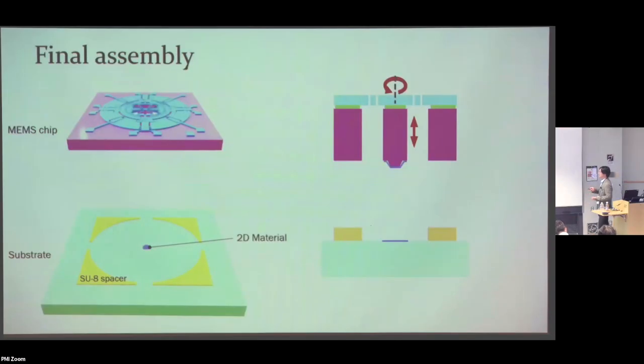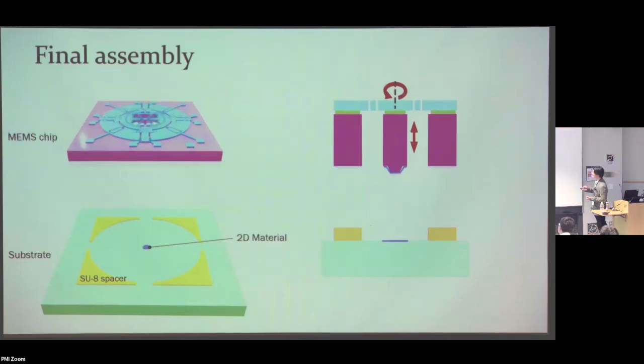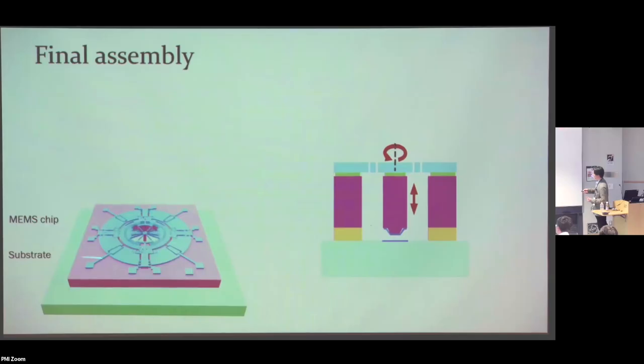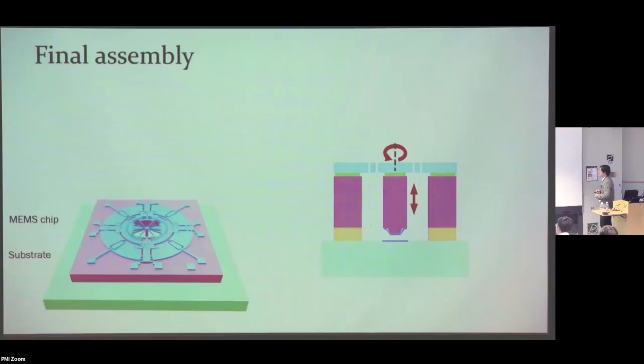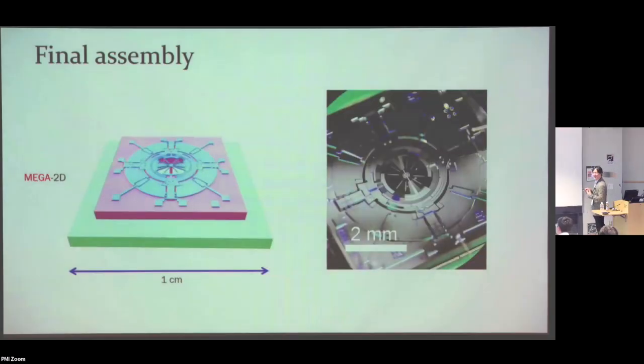And the final assembly is, we take one chip that has already a layer of 2D material transferred onto the bottom of the tip, right? And then we assemble it together with the substrate, which already has another layer of 2D material that is pre-transferred and cleaned there. Okay, so this is the complete device. And it's about 1 centimeter in size. So you can put this into any apparatus, or take this to MagLab or things like that.